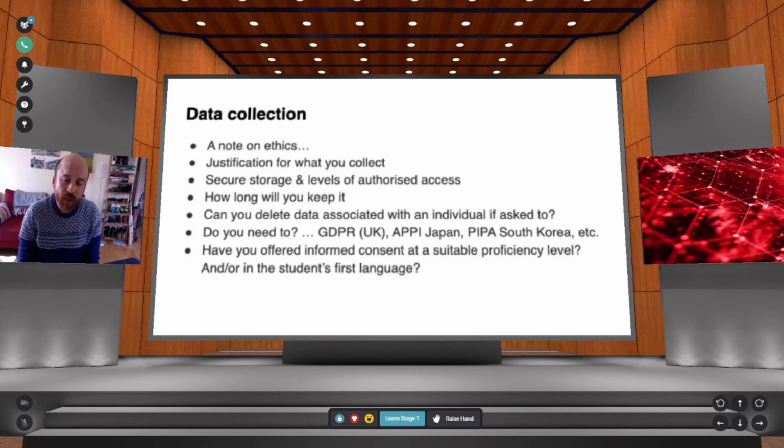So just to quickly pause and think about ethical issues, because of course we should always be keeping that in mind. I think nowadays there obviously needs to be some justification for why you're collecting what you're collecting. Like I said, you should be very careful about how you store it. Also, of course, you might want to think about how long you want to keep it. And certainly in terms of GDPR, there's a need to delete data if an individual requests that you do that.